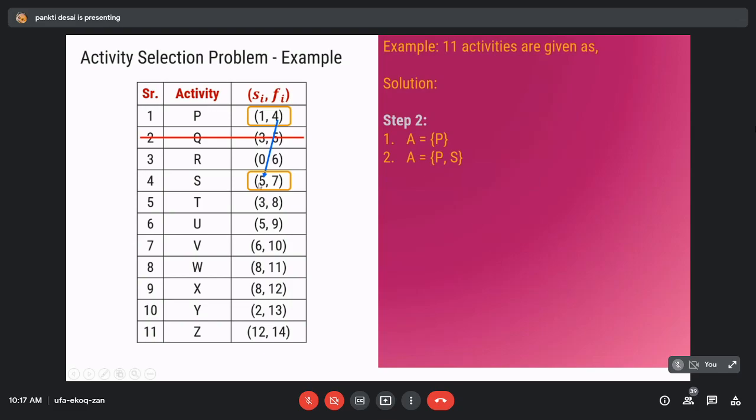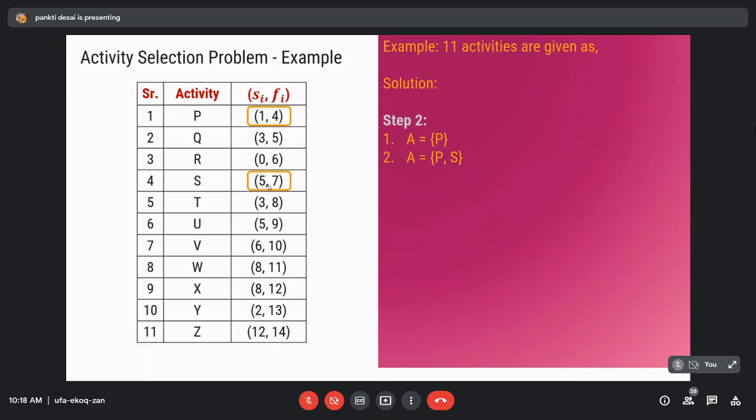So up to the 7th second you cannot add any activity in the solution set, so you cannot add activity T.